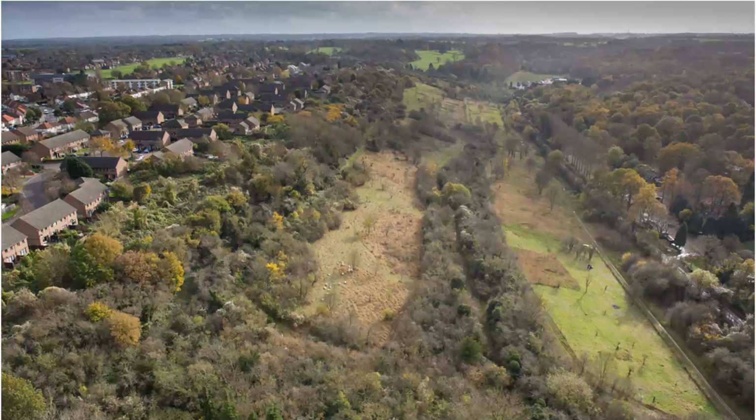And this illustrates how we're looking to go about it in terms of these sites. This is Hutchinson's Bank in the middle here, these fields and scrub area, and the proximity of New Addington on the left-hand side here. It's very much alongside the sites, but with this belt of trees, actually a lot of people don't even realise this fantastic site which supports over 40 butterfly species is right on their doorstep. So that's an important part of the